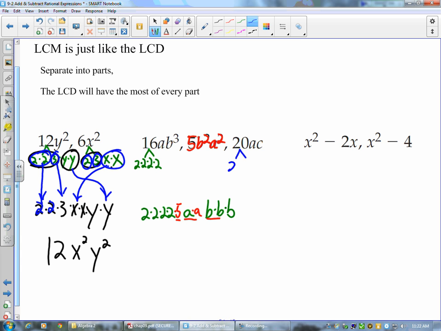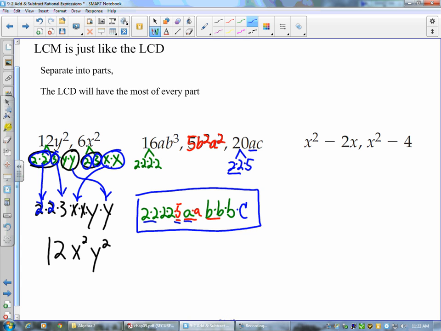20 is 2 times 2 times 5, A and a C. Do we have 2 2's? Yes, we do. Do we have a 5? Yes, we do. Do we have an A? Yes, we do. And do we have a C? No, so I'm going to add a C. And basically, breaking it down by parts, by putting all these parts into this one box, is another way of